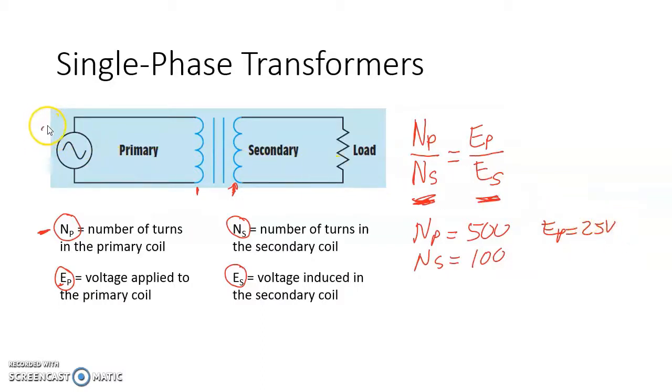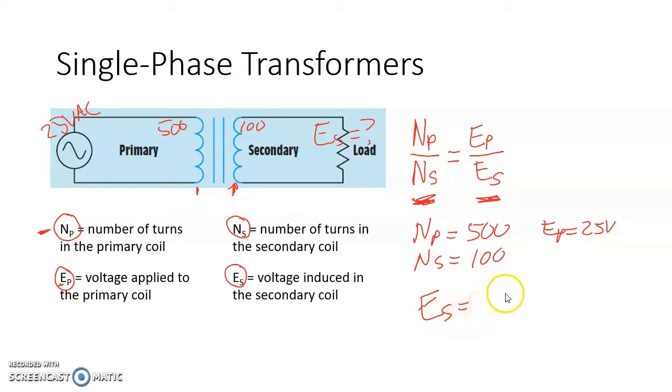So we have 25 volts AC applied. We have 500 turns on the primary. We have 100 turns on the secondary. We want to know what is the voltage at the secondary. We use this formula, and if we do the algebra, I'm not going to go through it step by step here, we end up with